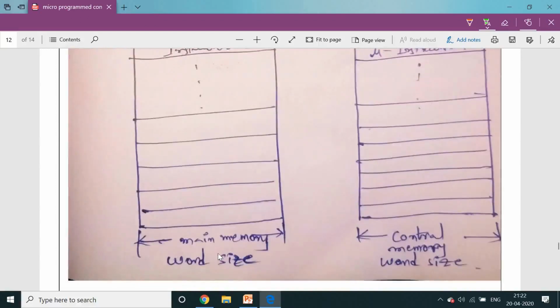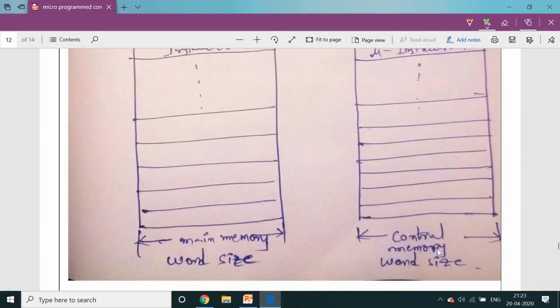Previously we have seen a little bit of an idea about word size. Word size means the range of the location. That location size is sometimes varied depending upon the word size. Sometimes it is 8-bit, sometimes 16-bit, or sometimes 32-bit.